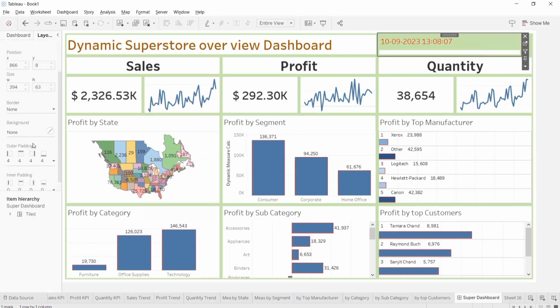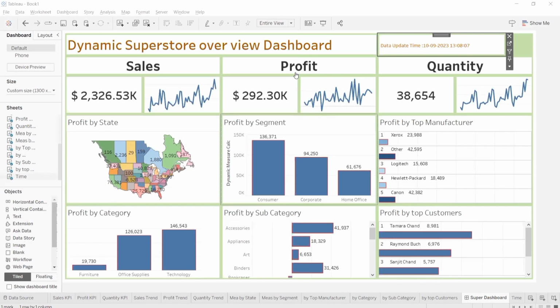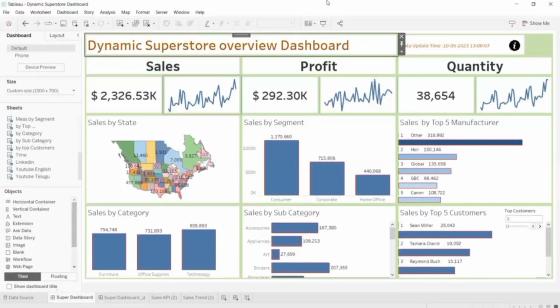Going to the layout and changing this layout also to white. A tip on data update time is it depends on the type of the connection generally. As we are using extract connection, so this time displays the time of the extract